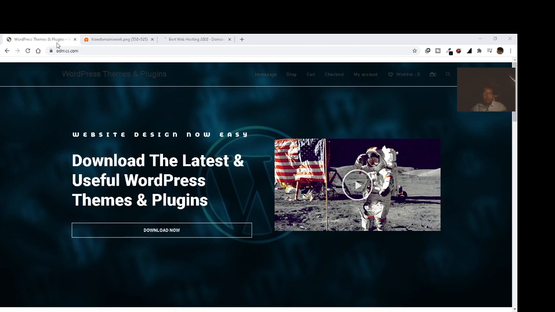However, it is important to remember that these are two separate services. Purchasing a domain is one service, and hosting is another service where your website is hosted, where your website dwells. You can buy them from two different companies. For example, you buy a domain from namecheap.com and you host your website on Bluehost or SiteGround. Now you may be wondering how it would work if you bought these from two separate companies.